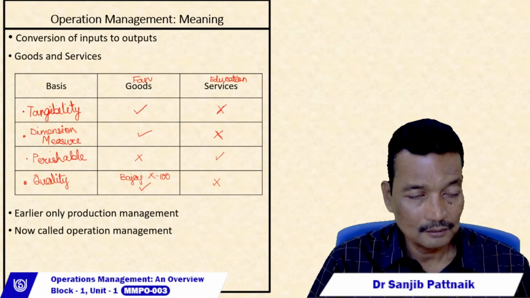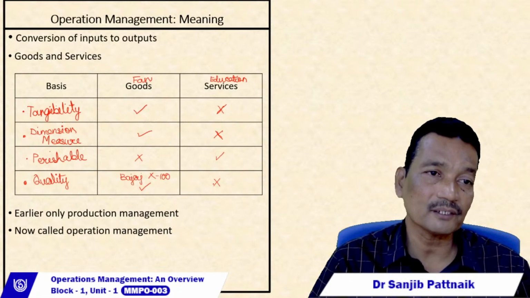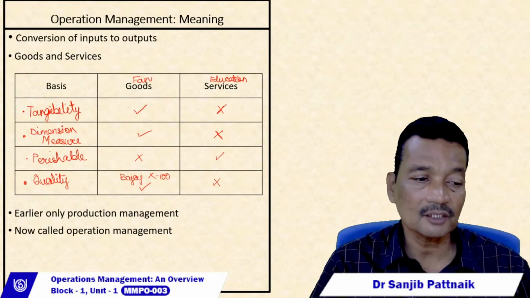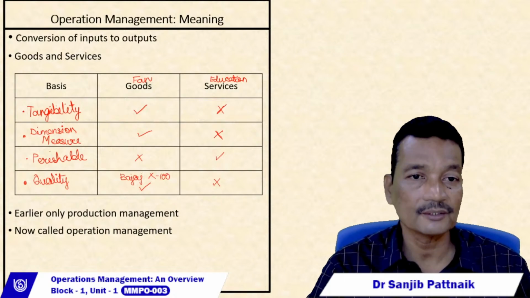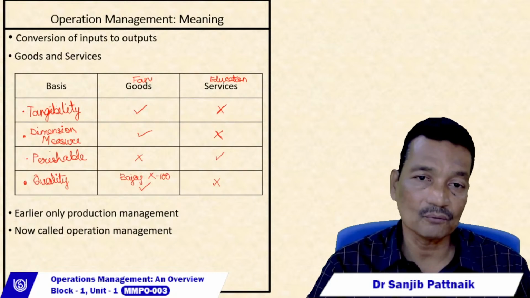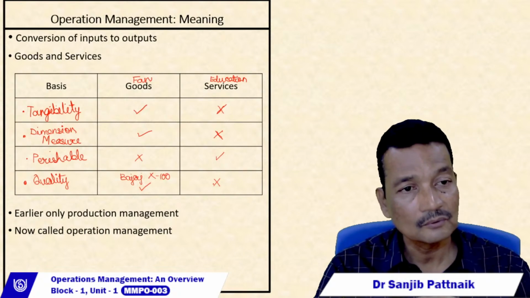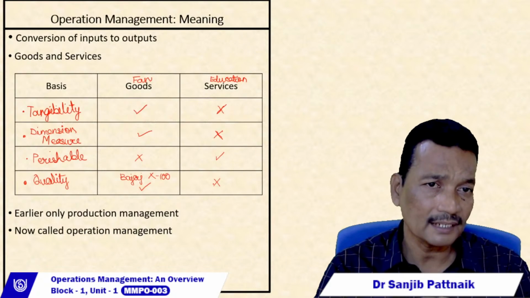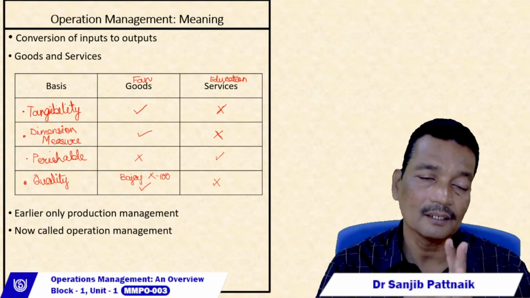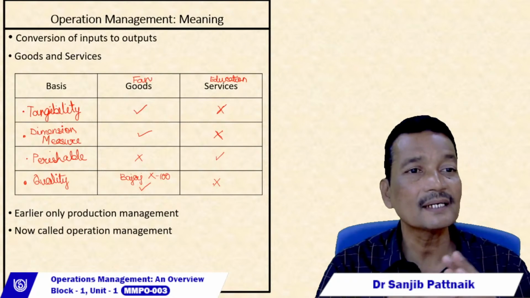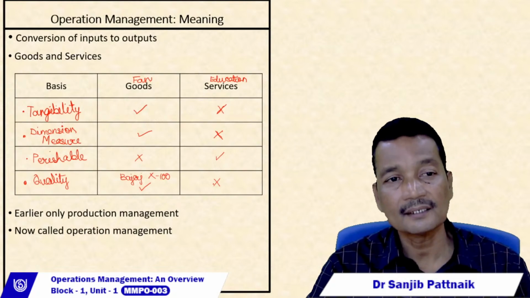These are few of the bases on which I am trying to differentiate between goods and services. However, what we can do is we can take this exercise, we can take any example of goods and services and use the basis of your own and try to differentiate between the particular good or services example you have taken. So immediately you will find a clear cut differentiation between goods and services.